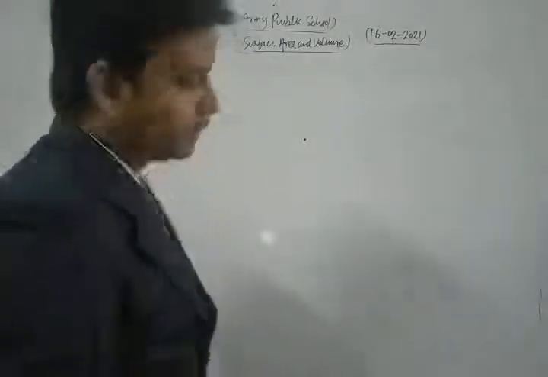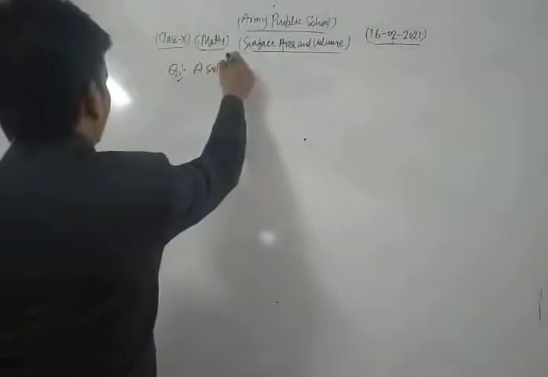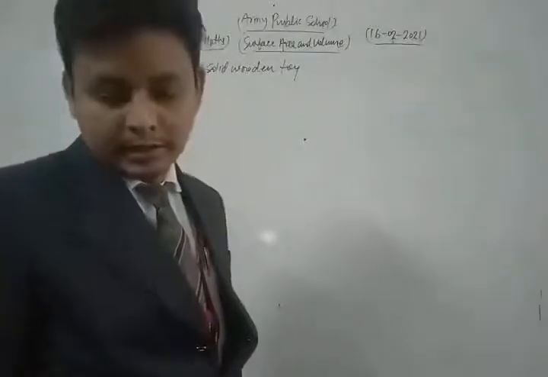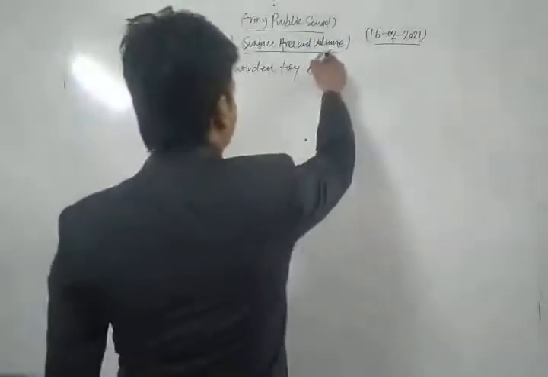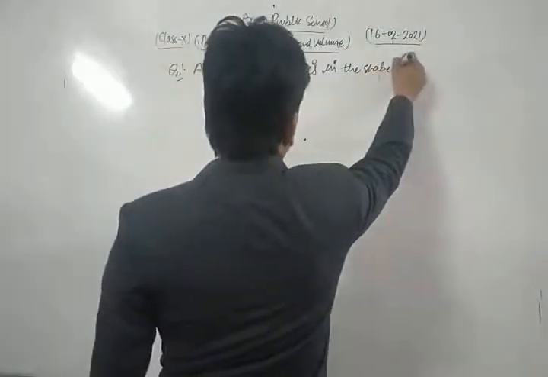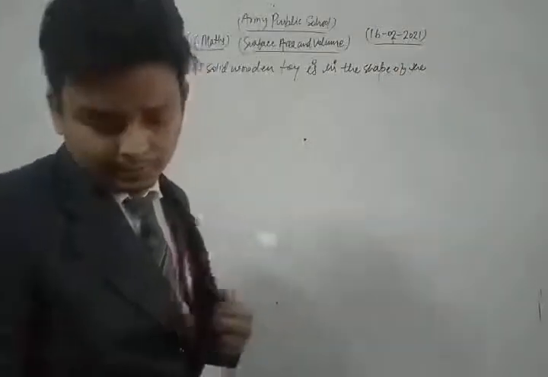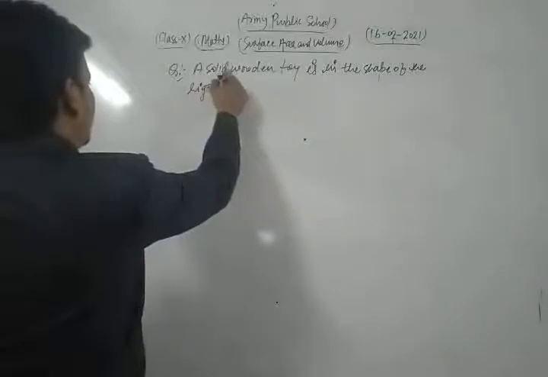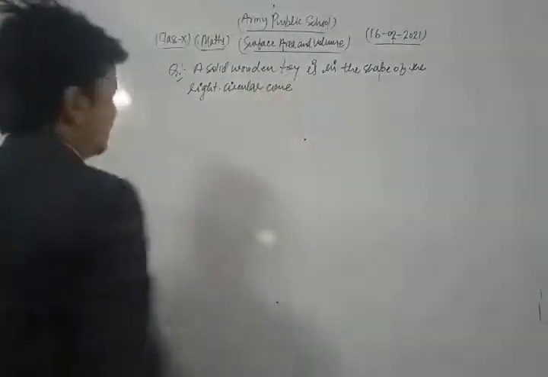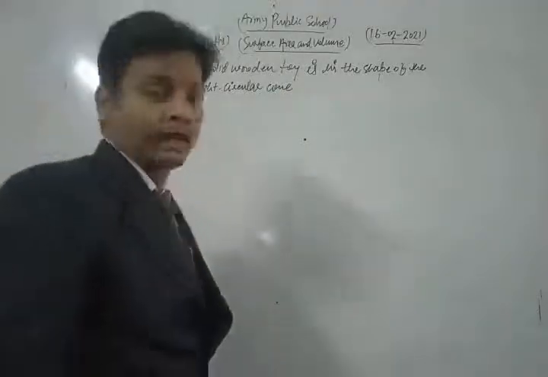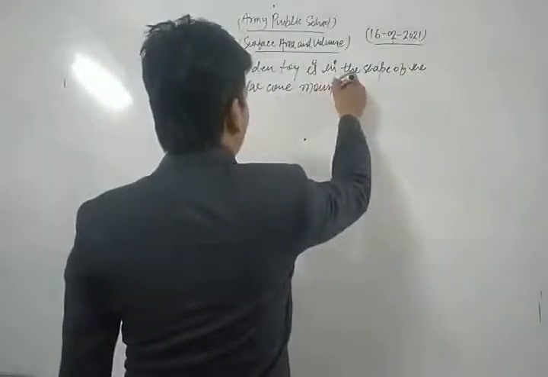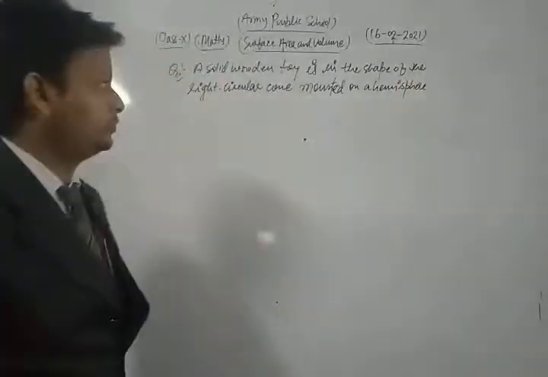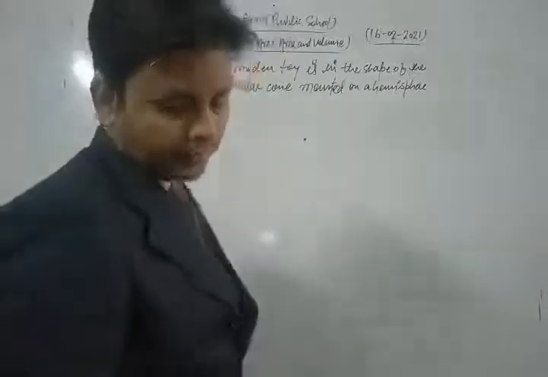Here, the question is: a solid wooden toy is in the shape of a right circular cone mounted on a hemisphere. Okay, dear students, if the radius of the hemisphere is